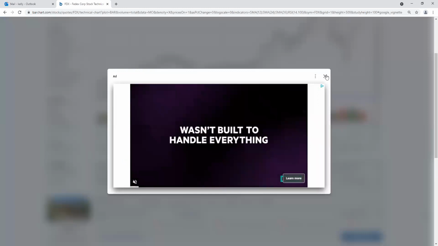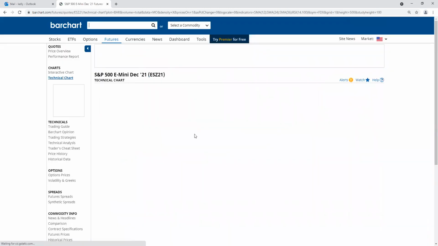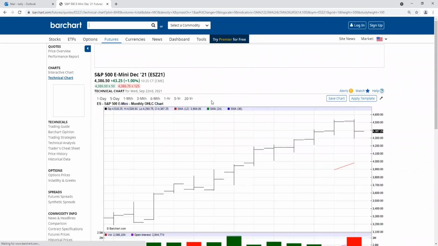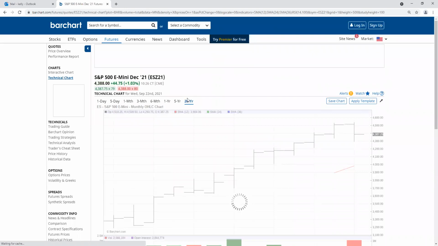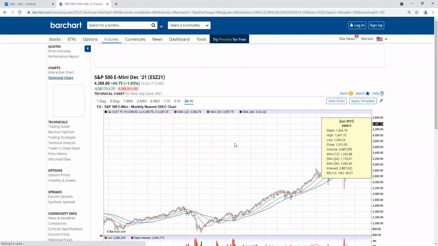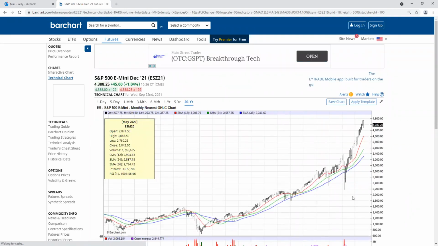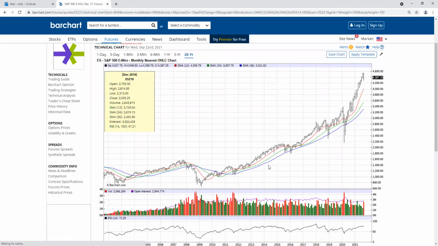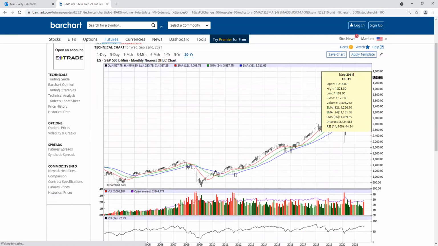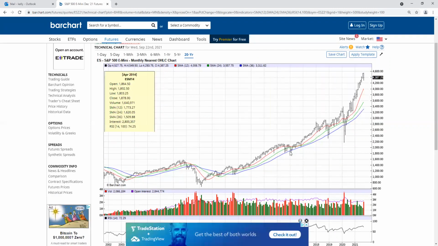Let's see here. Because there, when you get opportunities like you did last March, you want to take advantage of them. Okay, here's another classic example. You see this, the stock market's been in an uptrend, obviously, since it broke the average here, 2010. So again, outside of a break here and break here and break there, there's never been a break of the 36 SMA on the 20-year graph.